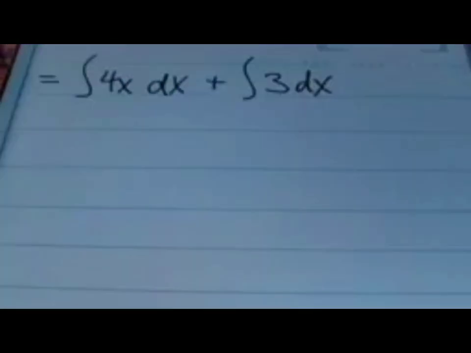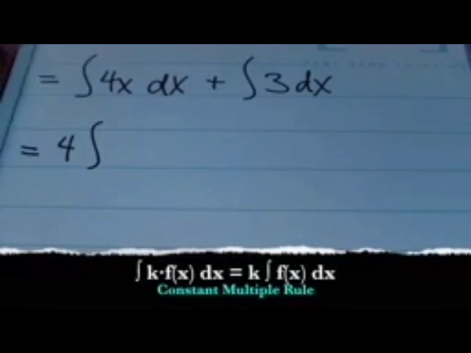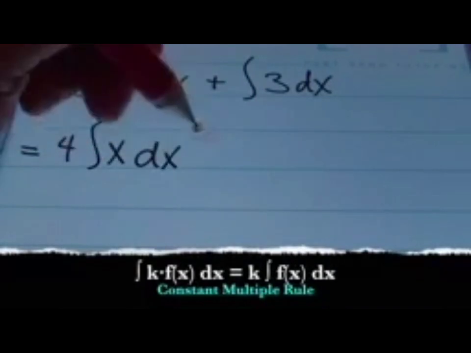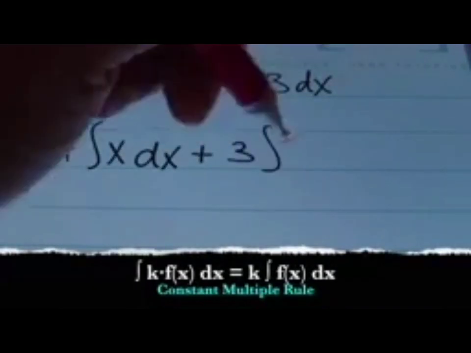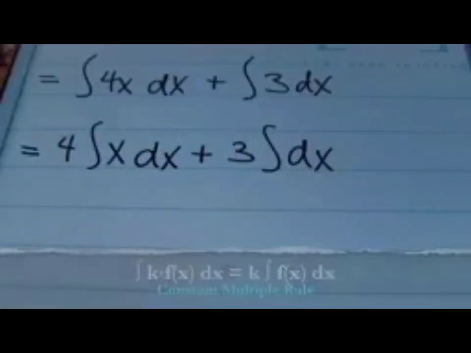The next step is to factor out the coefficient in each integrand. So I'm going to rewrite this as 4 times the integral of x dx plus 3 times the integral of 1 dx. At this point,